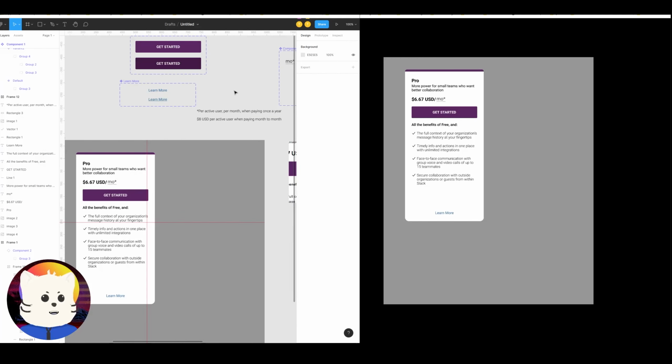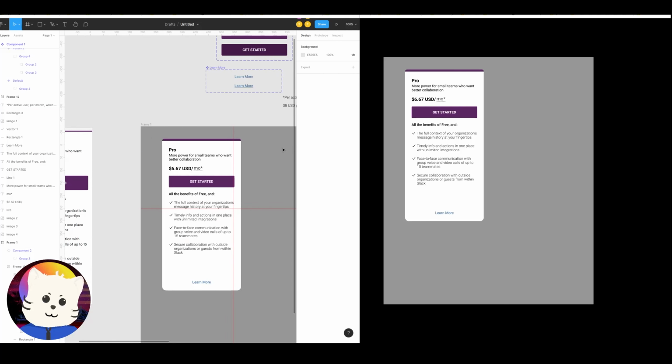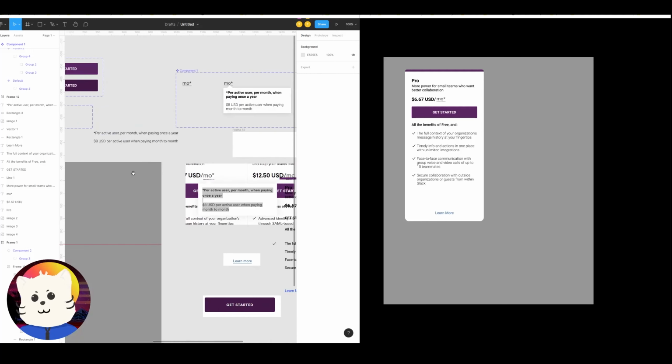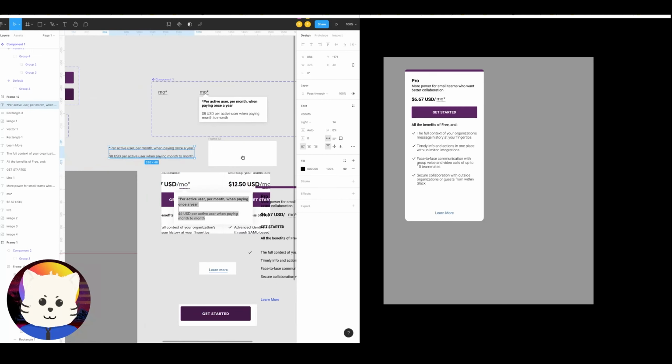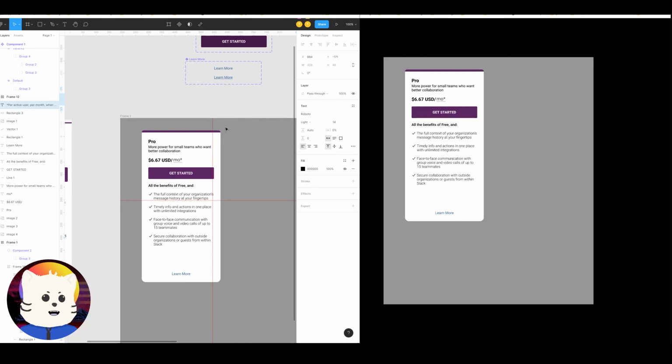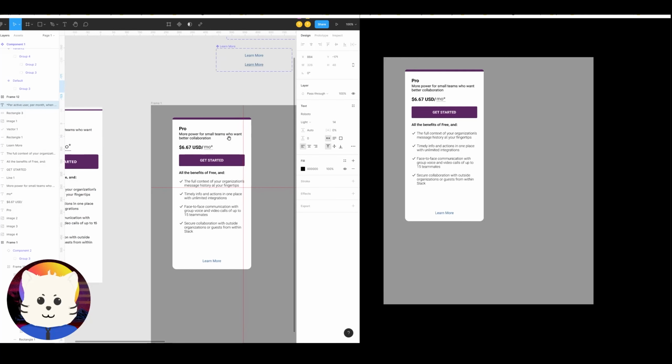Okay, that's it. That's it, guys. It's just a very long exploration in creating pricing cards using auto layout, and it's a convoluted mess. I'm not gonna lie. I thought this was gonna be easy. This was gonna be easier than I thought. Okay,